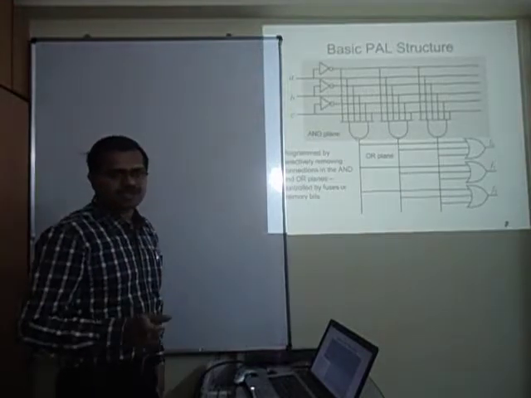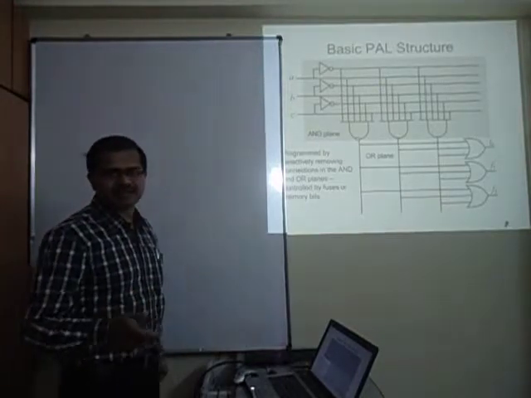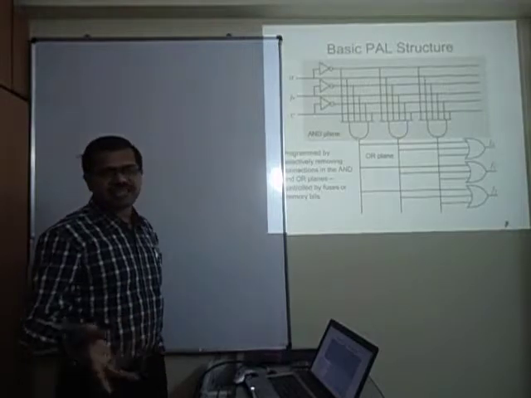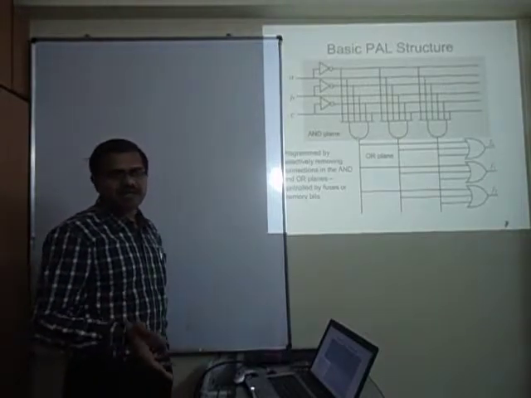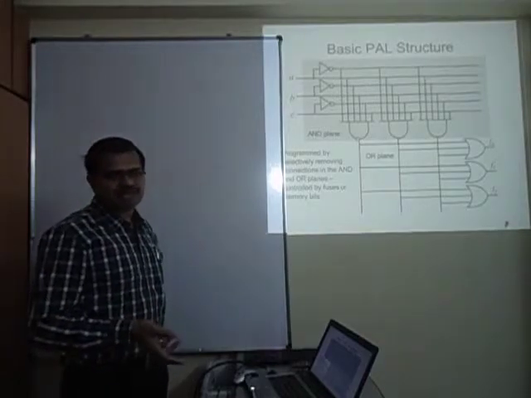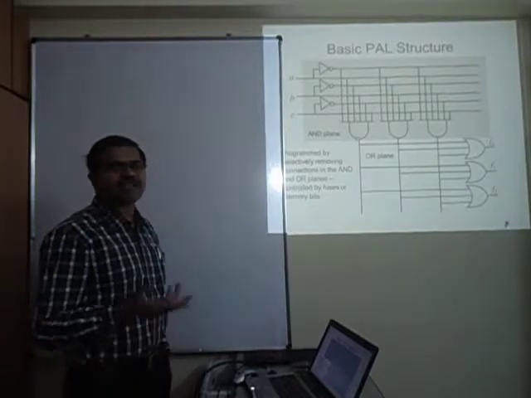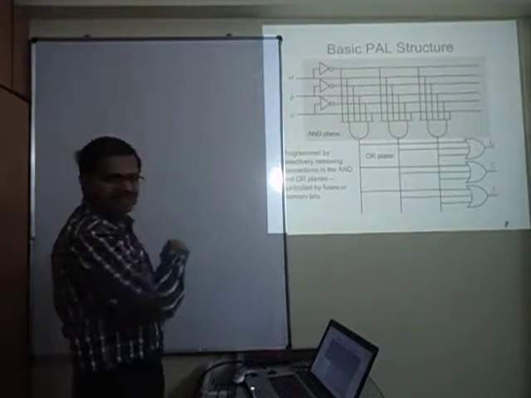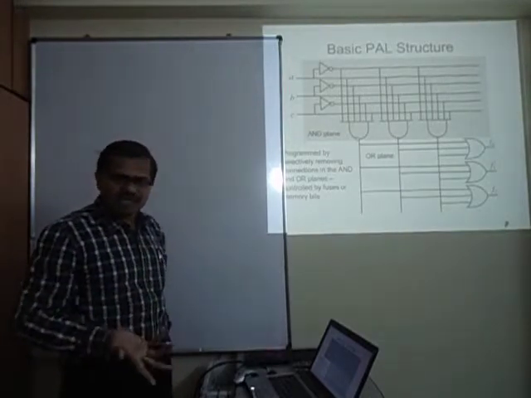what is called a min term. So recollect our usage of min term, max term. A three variable Boolean function is there, A, B, C. So A bar B bar C bar, A bar B bar C, each one is like a min term. How many min terms will be there in a 3 variable Boolean function? 8. So there will be 8 AND gates because all min terms are there.